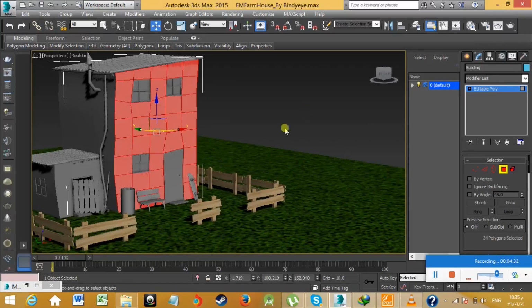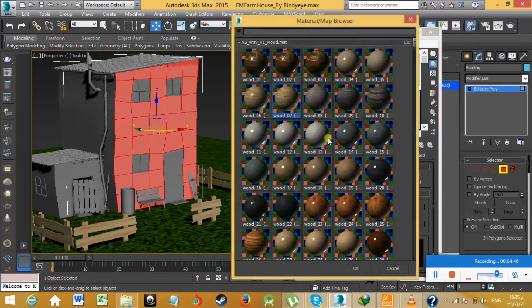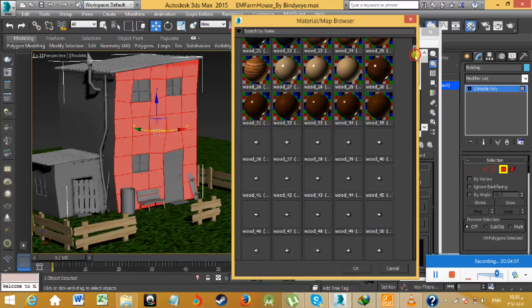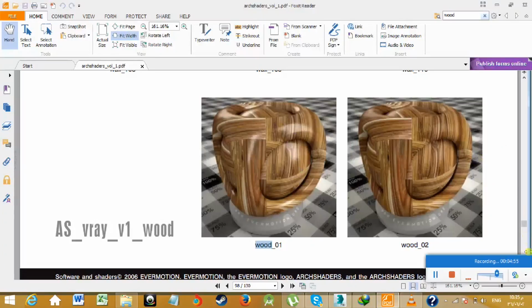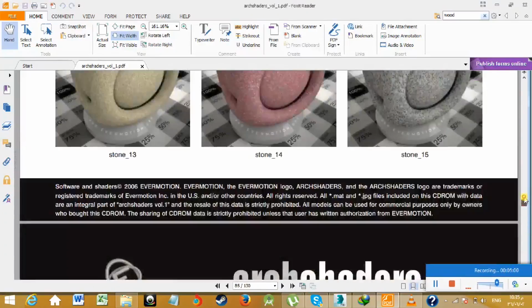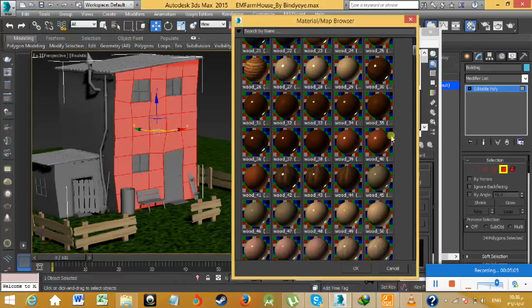The same thing I'm going to do: open the material editor, and for example I just apply that material on it, and later I'm going to add some material to it. I have applied it, and for example now this time I'm going to apply some wall material on it. So let's see if I find something interesting here, or I could use one which I already have in my